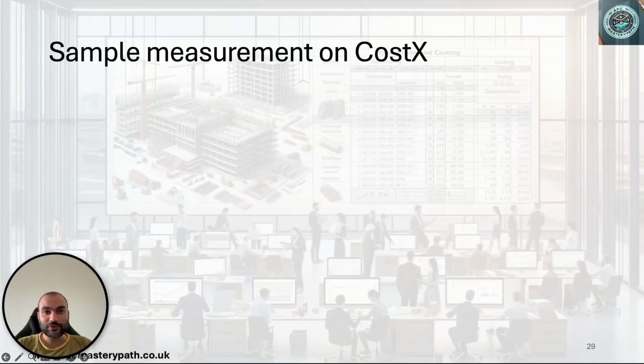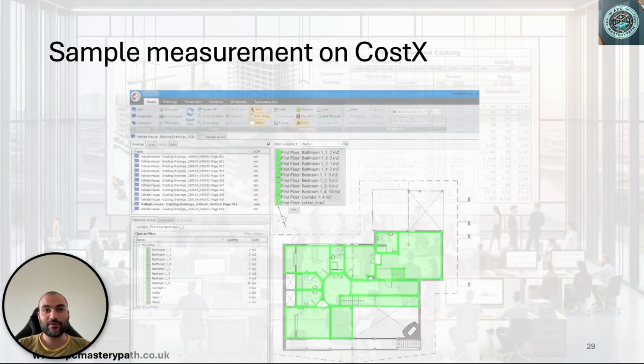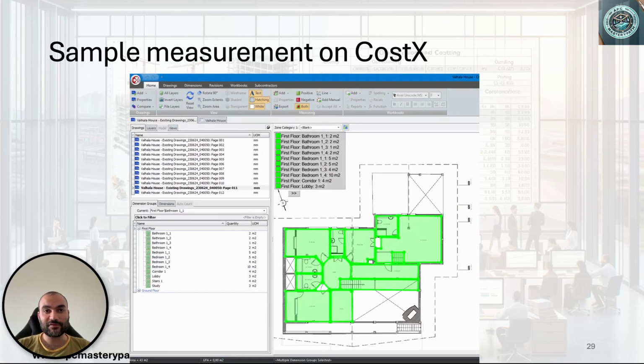And now moving to level 2, which is all about the doing. And I think the best way to tackle level 2 in this specific area of competence is to showcase how you can undertake the quantification and costing of the works at hand. So one of the most important pieces of software in the market right now is CostX, which is produced by RIB. And it's all about importing whether the BIM model or the PDFs for the drawings or the AutoCAD drawings themselves, the DWG files,